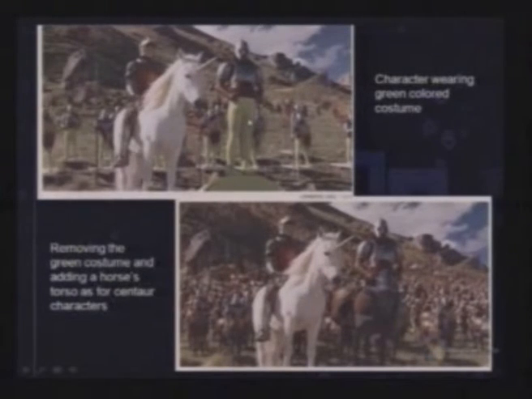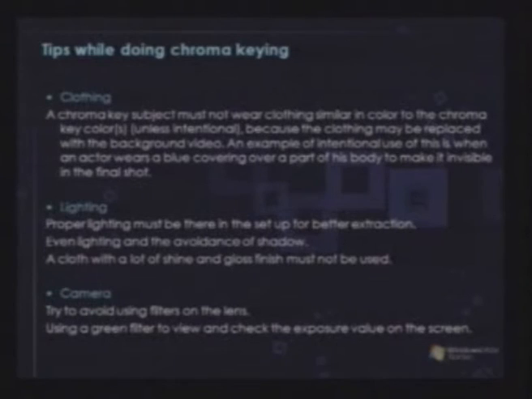Now when the tips and techniques are being talked about, we need to be very much focused upon what kind of tricks we involve while we are shooting. For example, clothing.